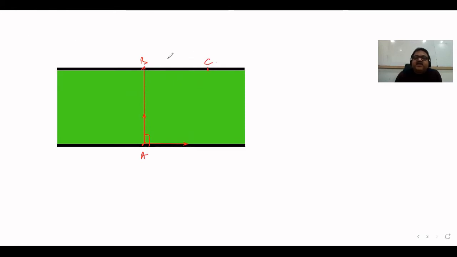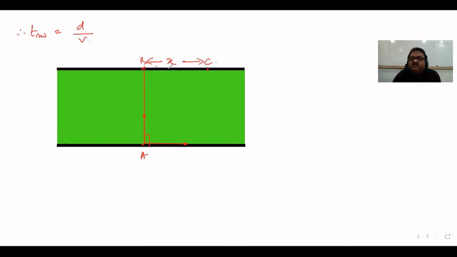If I consider this as x, we first have to see what the velocity of the man is along this direction. This is the case when the man crosses the river in the shortest time, so T minimum is equal to d by v. During this minimum time, what is the drag? That is this distance x. Who is taking the man along this direction?